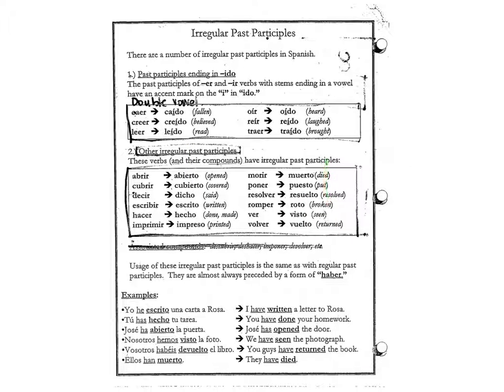So here is the list. Please make sure that you've written those down in your notes. And here are some examples of those. These will never change as far as past participles go. What will change is the verb haber. So, as you will see on our next slide,